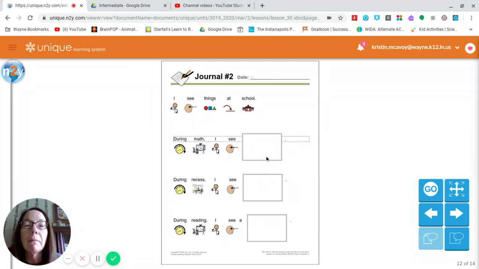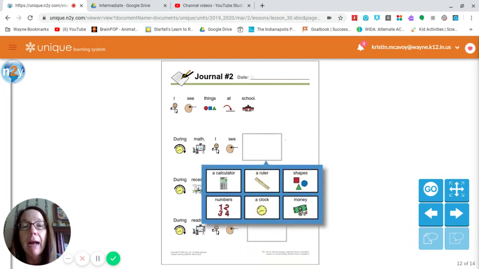Now you're going to go to your page that's listed as page 38, and it's a big page of just choices that you have to cut out, and you can either cut out the choice and glue it in this rectangle, or you can get a pencil or a marker or a pen and you can copy the answer into this rectangle. Or if you would rather, if there's not an answer there that you would like to choose, you can think of your own. So the choices that they gave us for what we would see during math are a calculator,